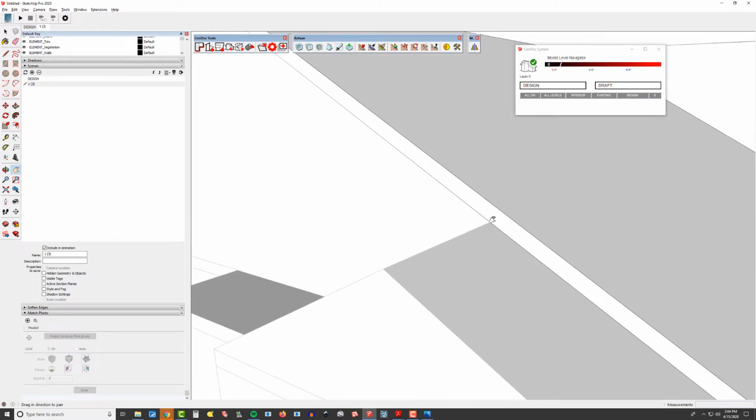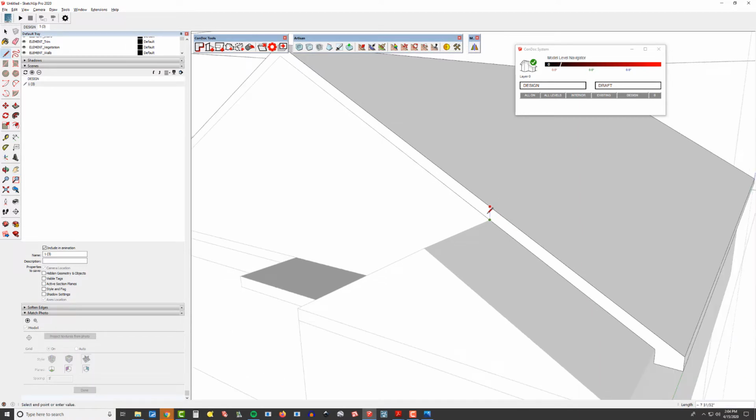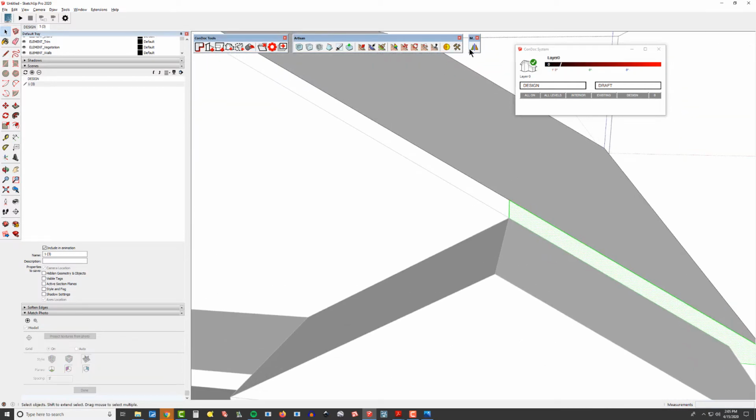So I want to now split this surface so I can mirror it. I'll click to start my line, tap the up arrow key, and all I've got to do is put my cursor anywhere on this roof, and that's going to constrain on line intersect plane. Then with my select tool, I'm going to run another mirror like this,